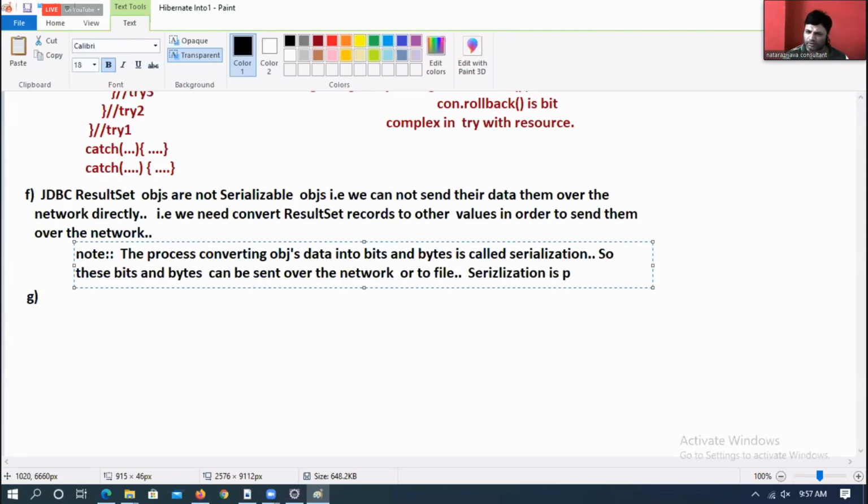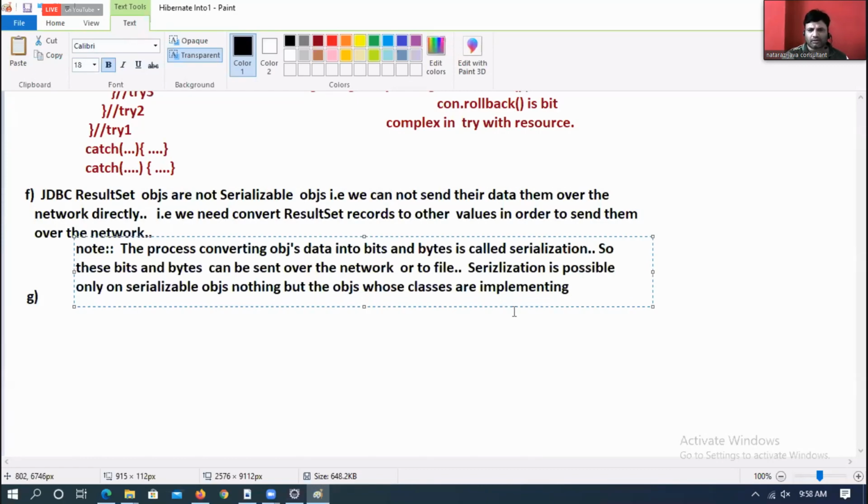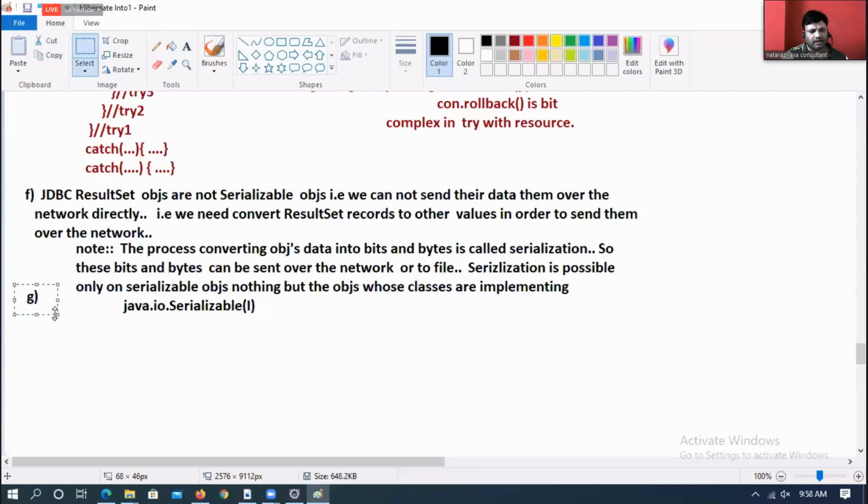Serialization is possible only on serializable objects, that is, the objects whose classes are implementing the java.io.Serializable interface.